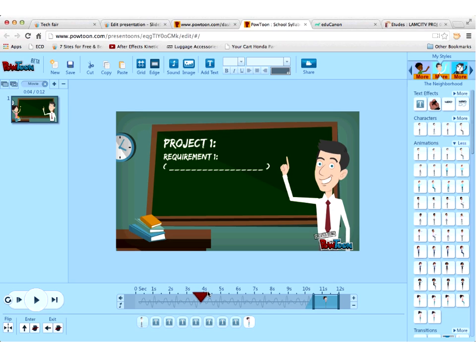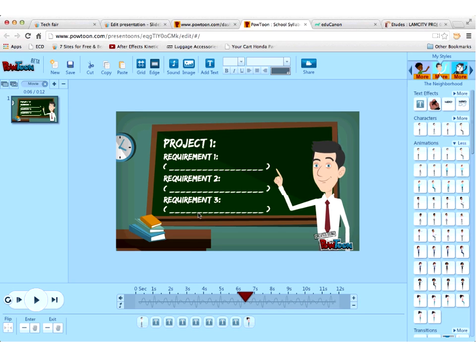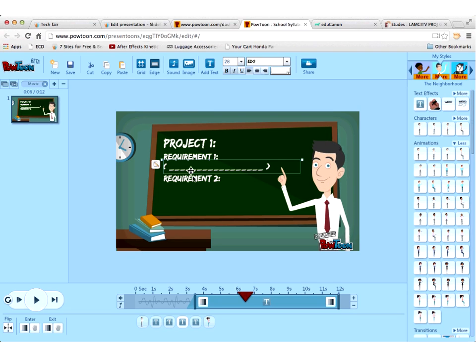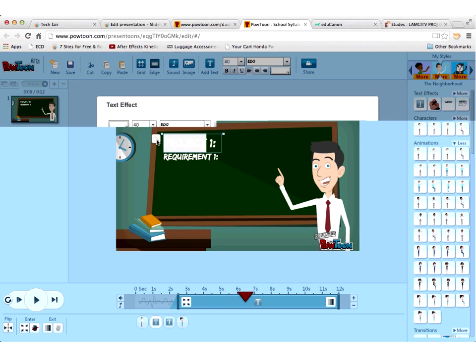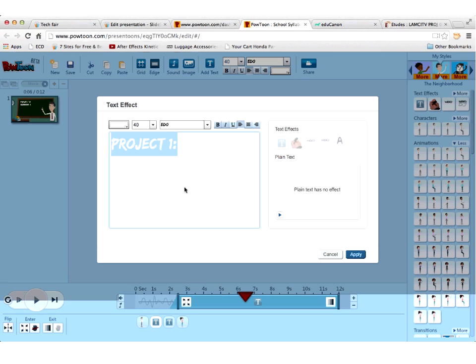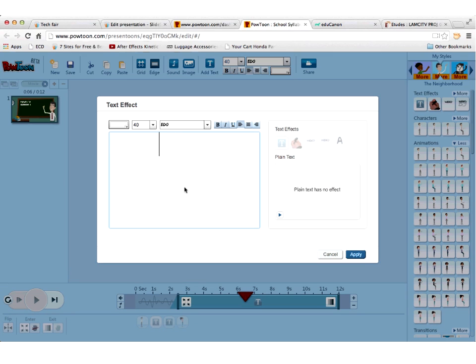I want the stuff on the chalkboard to pop up like that, but I also want it to stay to the end. So I'm going to click on each one of these where there's text and just extend it to the end. Extend it to the end. And so I think I only need a couple of these. So I can also just click on them and delete them if you don't need them. And then I'm going to just click on this one and double click in it. And then I think if you click this little guy, the text, then you can change the text. So I'm going to say final exam,